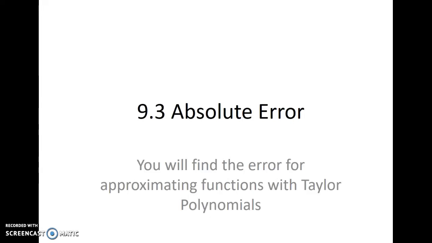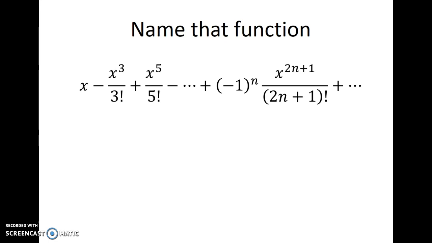So section 9.3 is about figuring out the error when you approximate a function using a Taylor polynomial. Just a reminder that you're responsible for knowing quickly what the Maclaurin series is. I'm giving you a second to look at this one and see if you can remember which function that is. If you said it was the sine function, nice, you're remembering that sine is an odd function, so this is the odd one. And it so happens this converges for all x's,